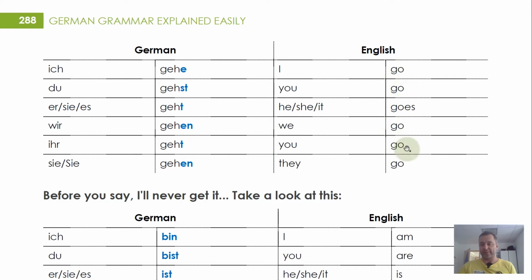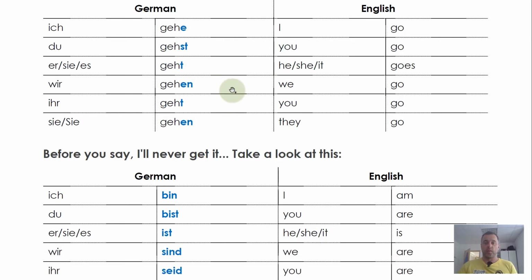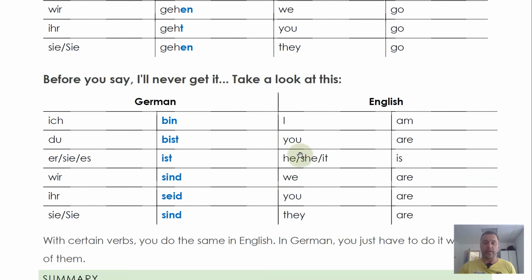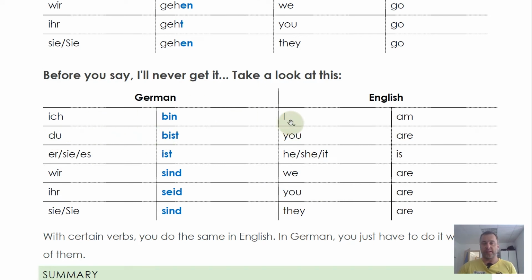And yes, in English that looks much easier, but if you are already giving up, if you see this, don't do it, because English does it, but with only one verb. In German, you have to do it with all of them because you do it already with to be. For example, ich bin is I am, but du bist is you are. Sie, es ist, he, she, it is. Wir sind, we are. Ihr seid, you are. Sie sind, they are. So you see, you're doing conjugation with to be. So it can't be that hard. In German, you just do it with all verbs. So not just with to be.